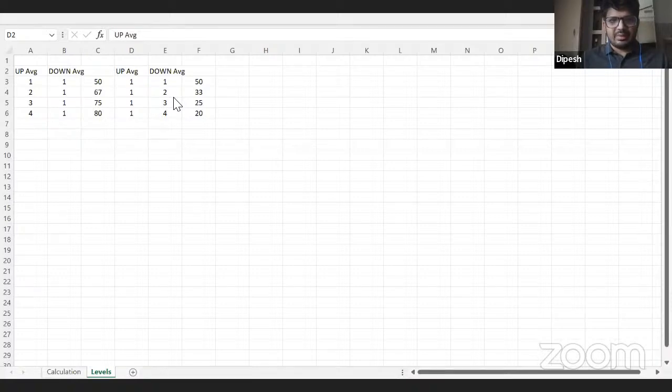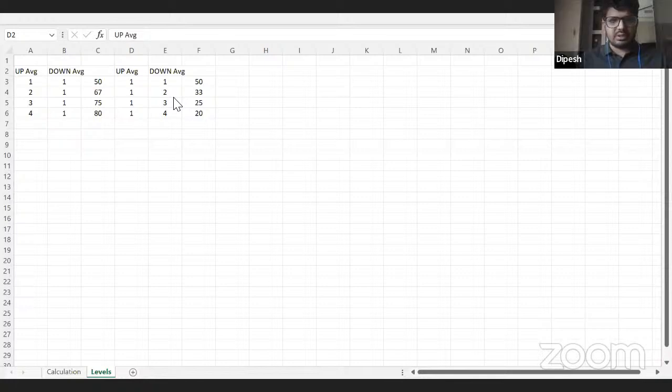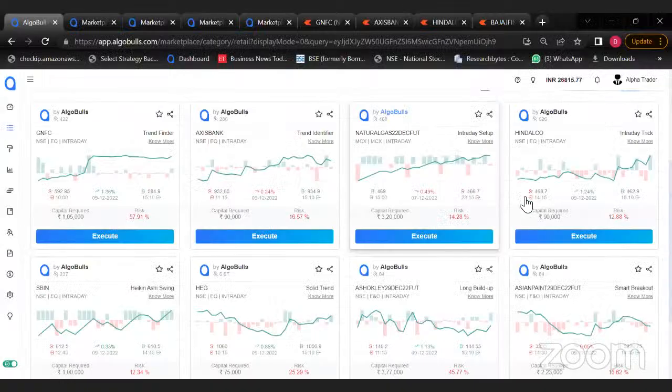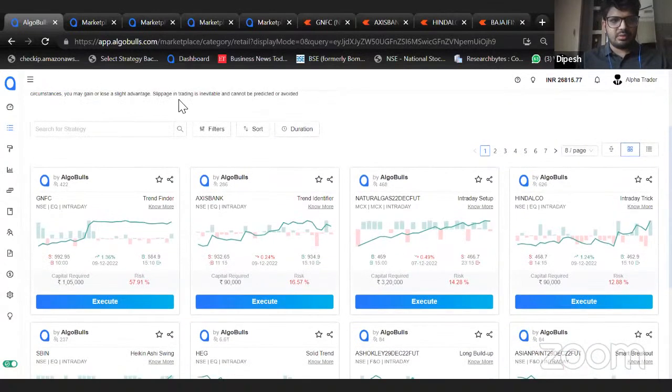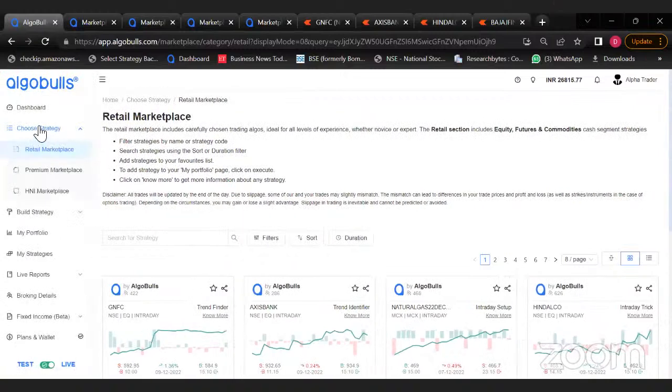अभी हम दीपेश, सॉरी टू इंटरप्ट, या आपका स्क्रीन जो है वो एक्सेल पे ही अभी है शायद से। कैन यू लाइक शेयर फुल स्क्रीन? यस यस यस यस, अल्गो, राइट, अल्गो मतलब प्लेटफॉर्म का भी मिल पाएगा। यस यस यस यस, सॉरी। अब दिख रही है एल्गो बुल्स का प्लेटफॉर्म? यस। यस यस, यस। ओके, थैंक यू। सो यहाँ पे हम मार्केट प्लेस में जाके रिटेल मार्केट प्लेस सिलेक्ट कर